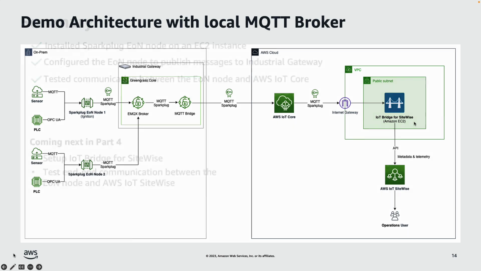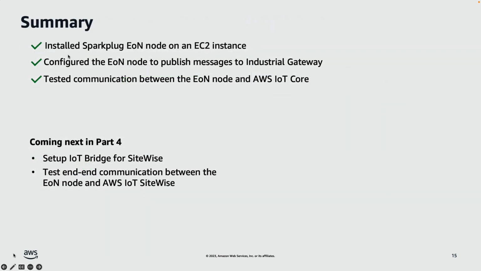Let's summarize. In this video, we started by installing the Sparkplug Edge of Network node using Ignition software, and then configured the Edge of Network node to publish Sparkplug messages to a local MQTT broker on the Industrial Gateway. Finally, we tested sending out messages from the Edge of Network node to AWS IoT Core. And in the next video, we'll set up the IoT Bridge for SiteWise and test the end-to-end communication from an Edge of Network node